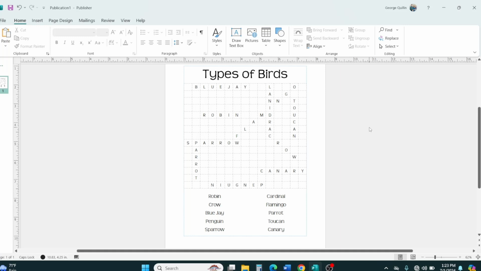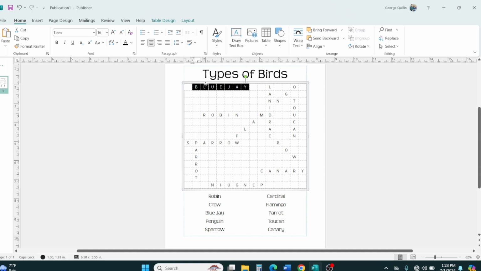Okay, so we've got our words plugged into the puzzle. Now, what I do is I go through and I make every word red, and I'll explain why, or maybe green, a color that's easy to see. So I highlight the word. This is my font color. I'm going to go down here and pick red. And I'm going to do that for each word because